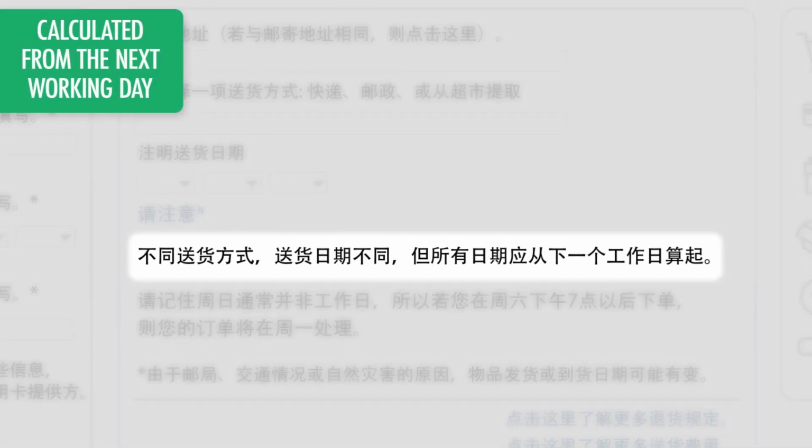The website says that delivery dates differ depending on the delivery method, but all dates should be calculated from the next working day. 不同送货方式，送货日期不同，但所有日期应从下一个工作日算起。